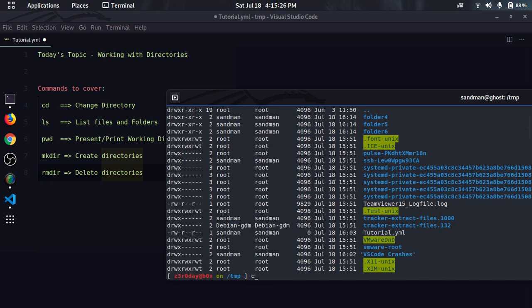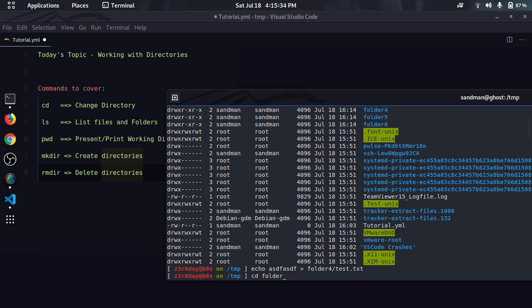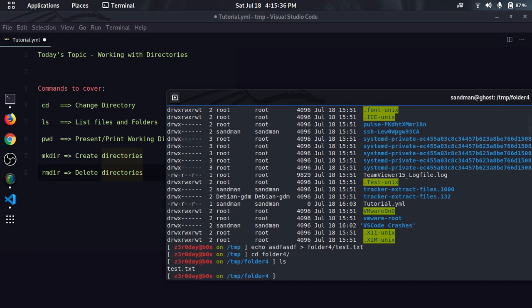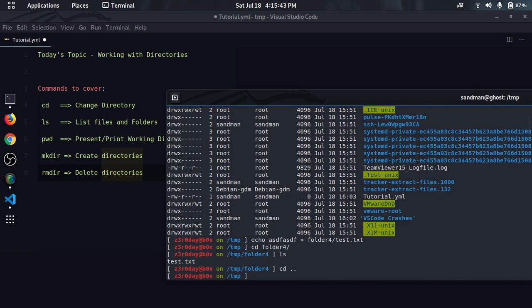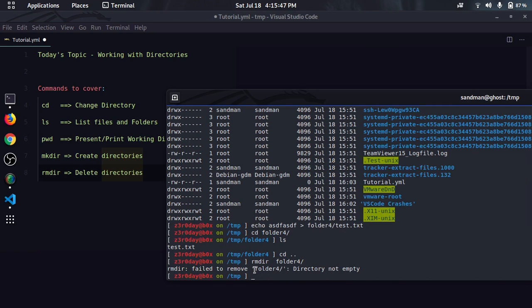I'm going to create a sample file in folder, so cd folder 4. As we can see, in folder 4 there is test.txt created. So let me get back to temp. Now let's try to delete folder 4. rmdir cannot delete folders with data, so we have to use some other things.